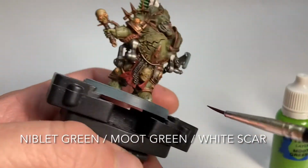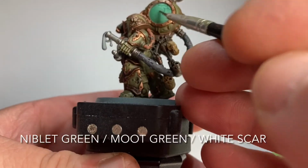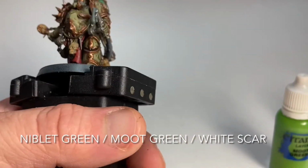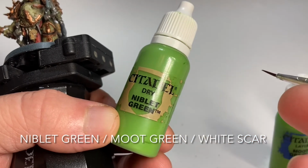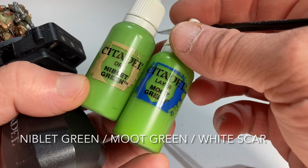And we're going to do something similar with the slime here. So we've got some here. We're going to do about halfway filled the tank, as well as some of the drips coming out. And with that one, we're going to do a base coat of Nibblet green, even though it says it's a dry paint. And then we're going to do a little bit of Moot green over the top of that,